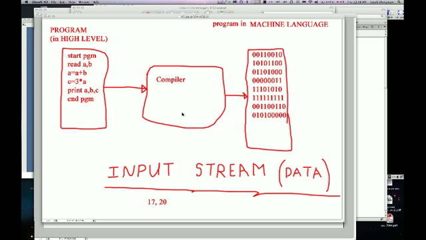So let's dwell on one point here in this drawing, and that's at the bottom where I say input stream or data. What is input stream? If you look at the program that's described here, you have start and then you have read. Read a comma b. So you can ask yourself, where do we read from? So the answer to that will become clearer and clearer as we do more exercises. But for right now, let's say that there is a place where we store data. We call it the input stream, and the data has the